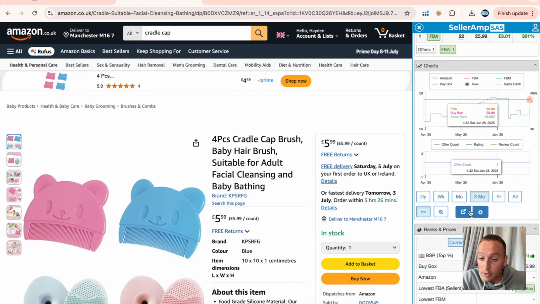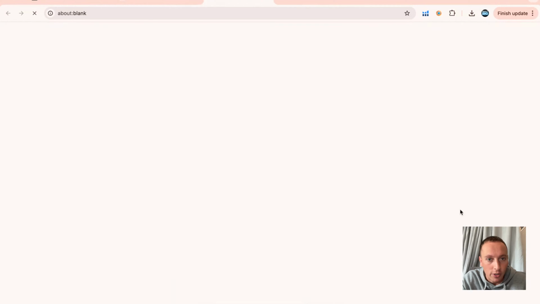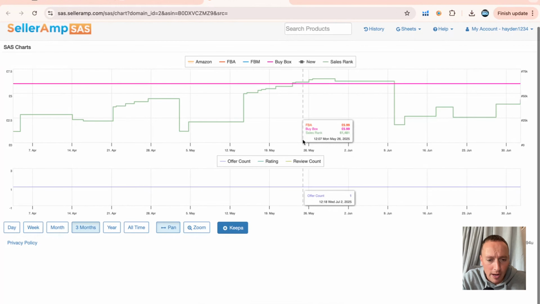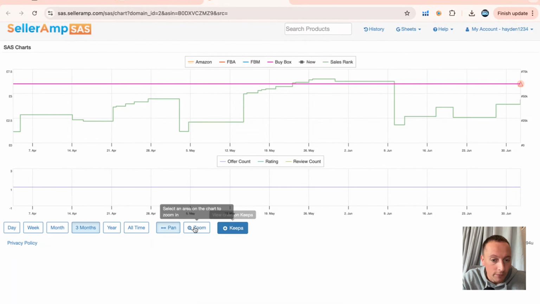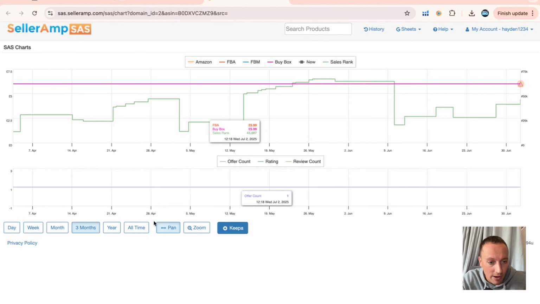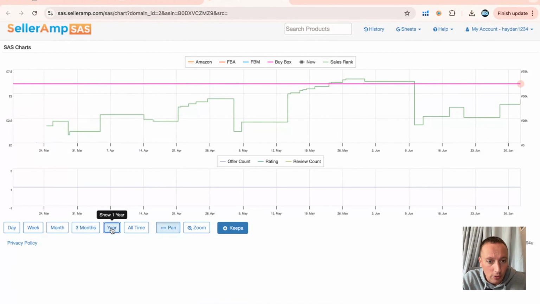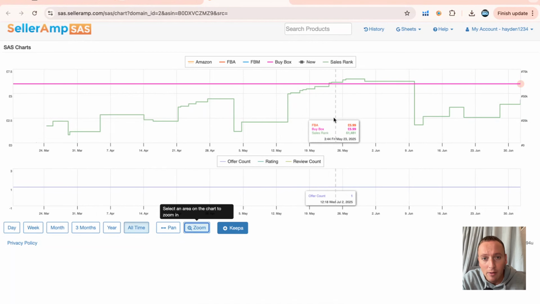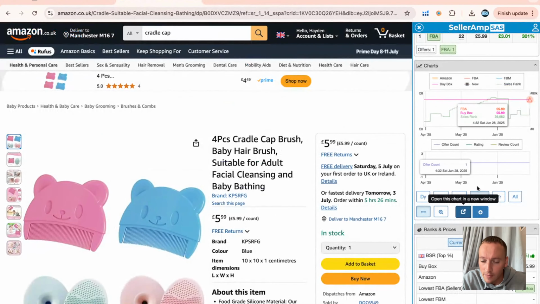We've got the charts here, which I just showed you, so I'm not going to show you that again, but you can open up the chart in a new window. Well, I will show you quickly. And then it gives you a really good breakdown like that. You can view the chart on Keeper as well, which connects directly to Keeper if you've got that. You can look back for a year, look back all time. You can zoom in, and then we can figure out a little bit more of a deep analysis of this product here on the